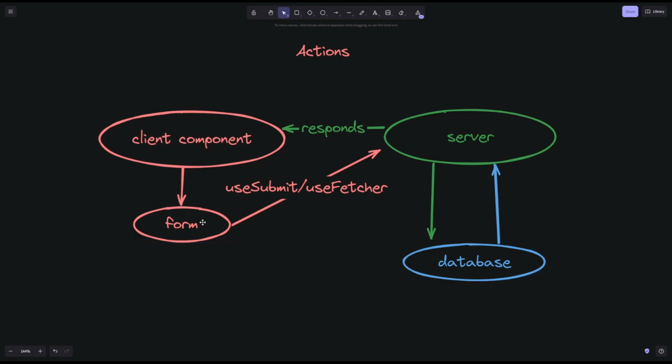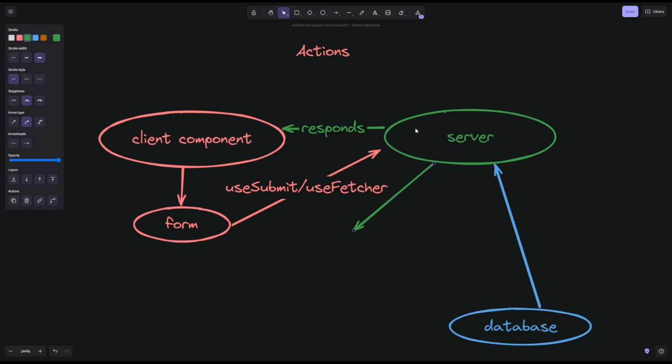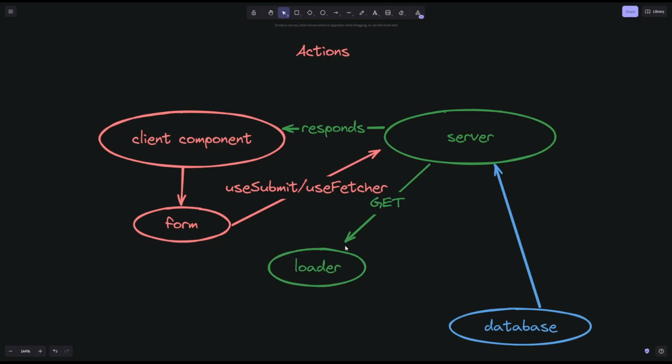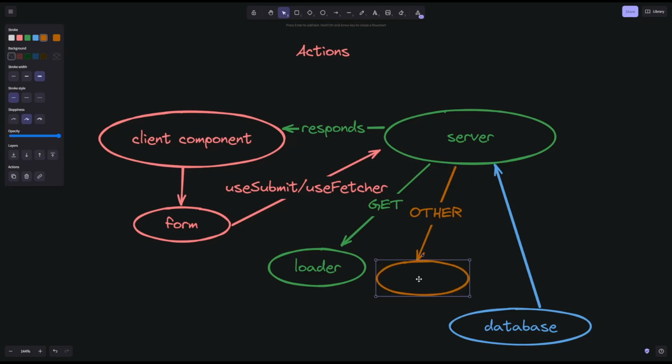And this is a huge concept in Remix, and it's really easy to achieve this because of the nature of the components. And the useSubmit and useFetcher submit data to the server. So there are two ways for the server to handle the data. And I'm just gonna move the database a little bit. So in Remix, if the request made to the server is a GET request, a loader is gonna handle it. And if it's any sort of other requests, so post, delete, patch, whatever, so any other request, an action is